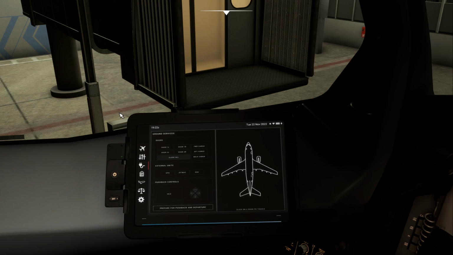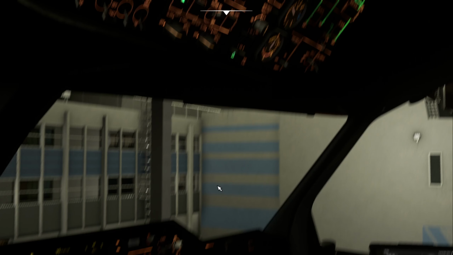There's the jetway coming, we're getting that one today. Door 1's opening, GPU and ASU online, let's connect the external power. And we can shut off the X battery. There's a lovely livery. You can see the performance hit of the sceneries that I've got installed, because I've also got